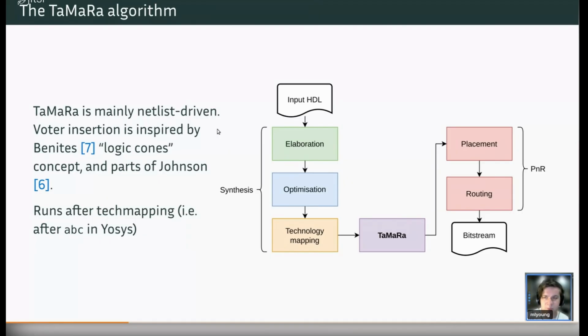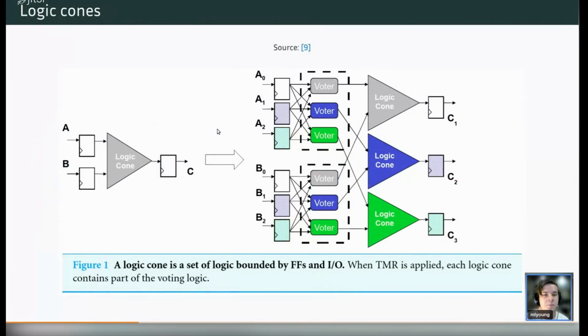This is a bit of a simplification. It doesn't exclusively run entirely after ABC, for example. It runs a little bit in the middle, but for this sort of overview, it suffices to say it runs basically after technology mapping. So one of the important things to talk about in TMR is to understand this topic,